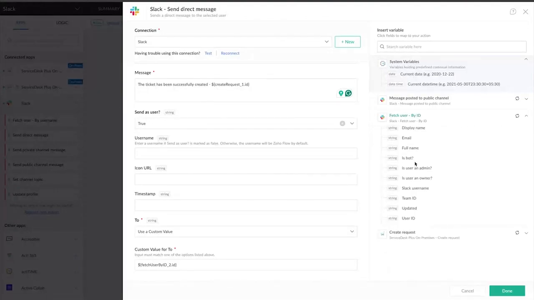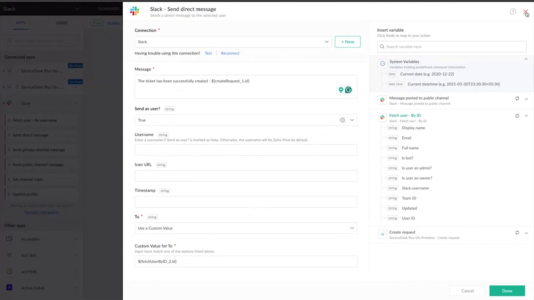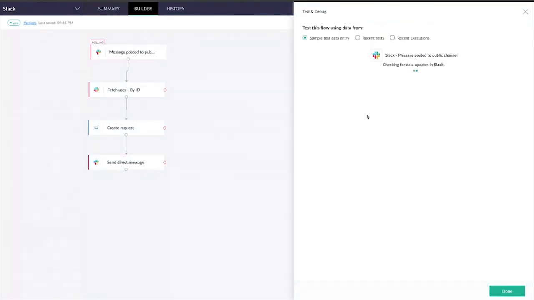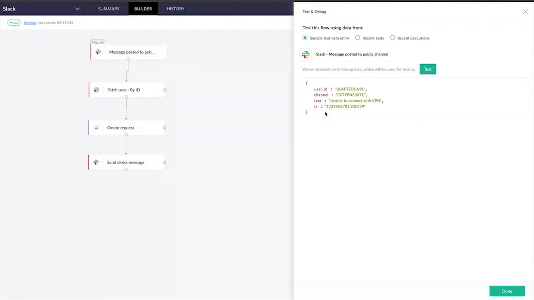Or in this case, you could also use any of these variables to send the notification as one particular user. So once this is done, you could do your testing directly from the test and debug option by sending a message in Slack. So let me show you with one of the already pre-posted messages. As you could see, it shows us unable to connect with VPN and the timestamp, the user ID details, and the channel. So this is the written JSON file when the Zoho Flow uses the Slack API to get the